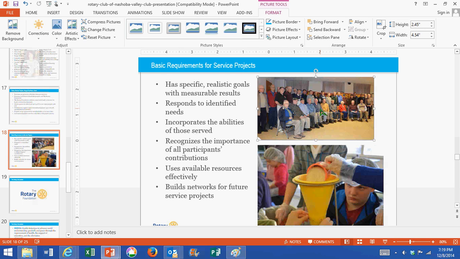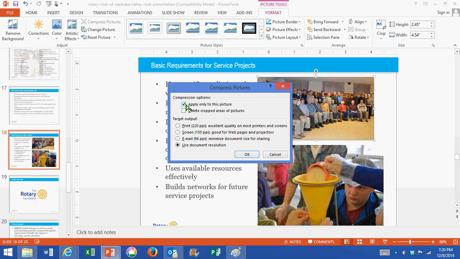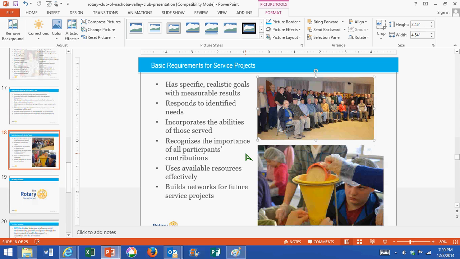Now, because it was a very big picture, I don't want my PowerPoint presentation to be several megabytes large. So what I'm going to do is make sure that I go up to Compress Pictures, remove Apply only to this picture because I want all of my pictures to be compressed. Click OK. That shrinks the size of the photo in the image, so my PowerPoint presentation will be a manageable